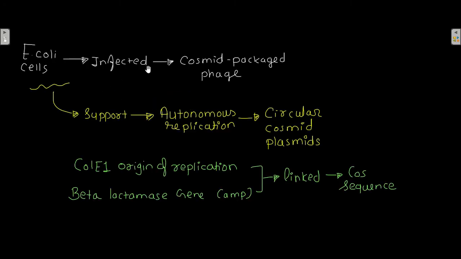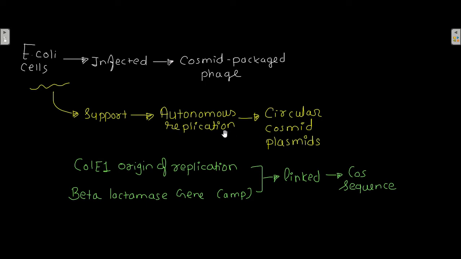After that, you infect E. coli cells with this Cosmid packaged phage, and then this E. coli supports the autonomous replication of this circular Cosmid plasmid,